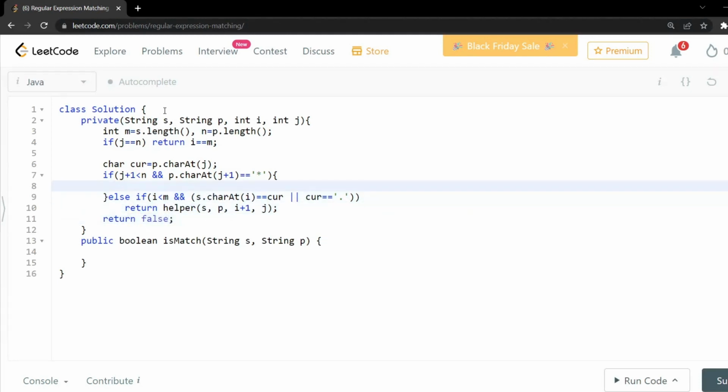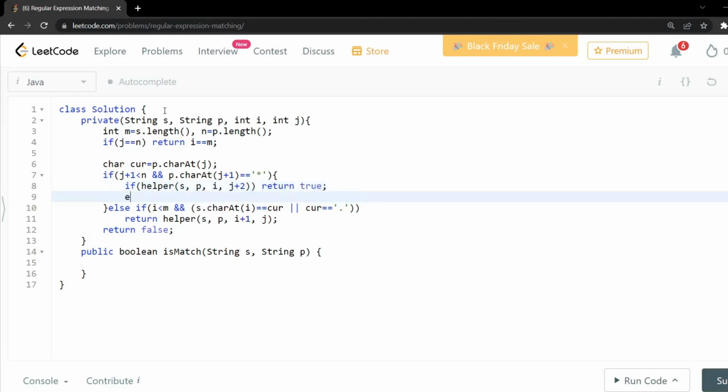And if the next character is a star, then we have to check two cases. If helper of I, j plus 2 and s and p, okay, in this case we will be returning true. We have already discussed that case. And if helper of,